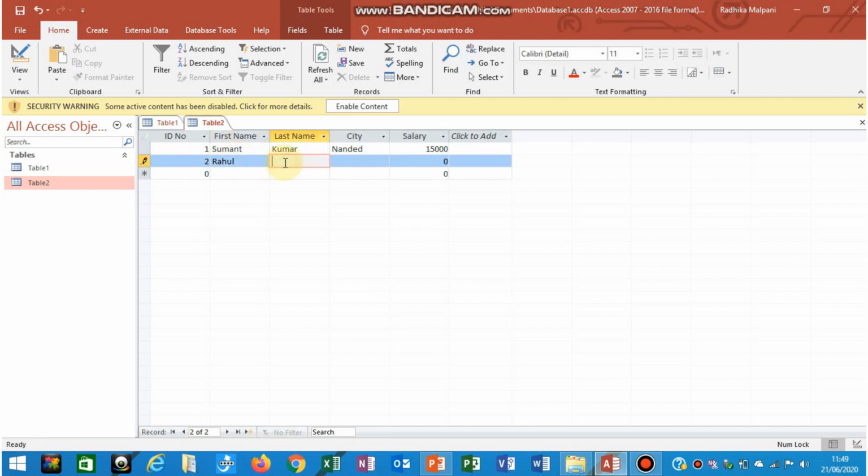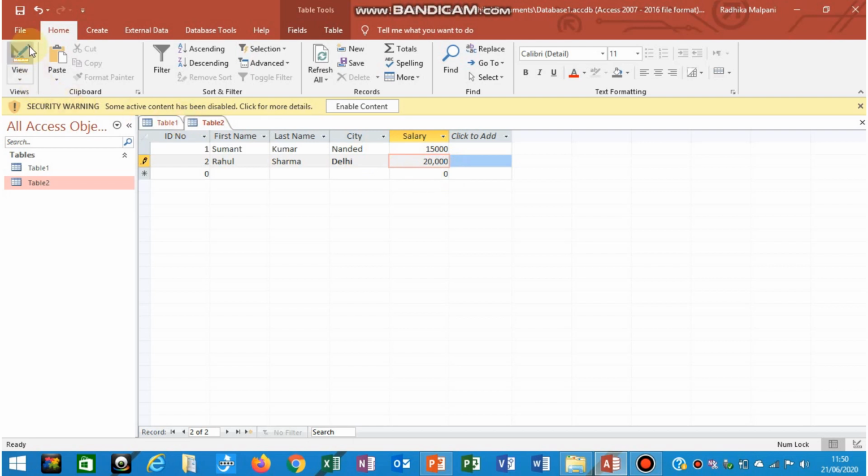Last name I am entering as Sharma. And city, if you want to enter any city, you can enter. This is the example I am showing of how to create a table in design view. Fine. So to move from one column to another, again I am using the tab option. Fine. Salary, if you want to enter salary, enter it as 20,000.